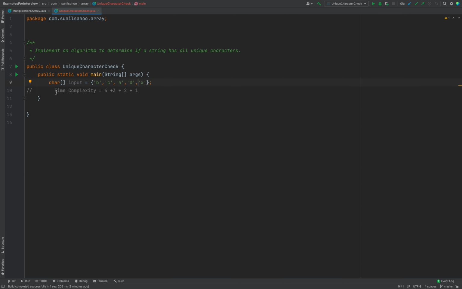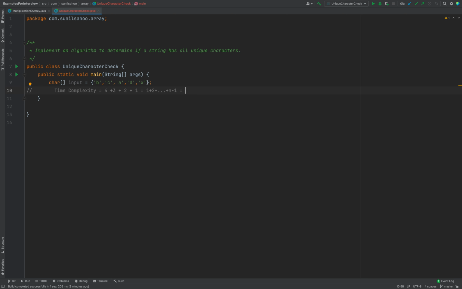So time complexity became 4 plus 3 plus 2 plus 1. And what is the length of the array? It's 1, 2, 3, 4, 5. Our length is 5, and this sequence, we can say it is written like 1 plus 2 plus ... plus 4, and this 4 is nothing but length minus 1, na? Because length is 5 and maximum entry is 4. So this will be n minus 1,